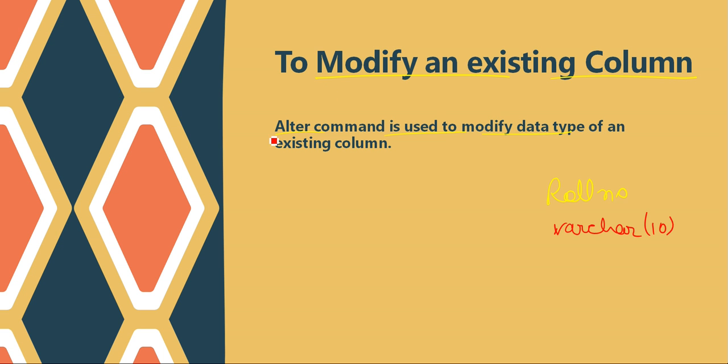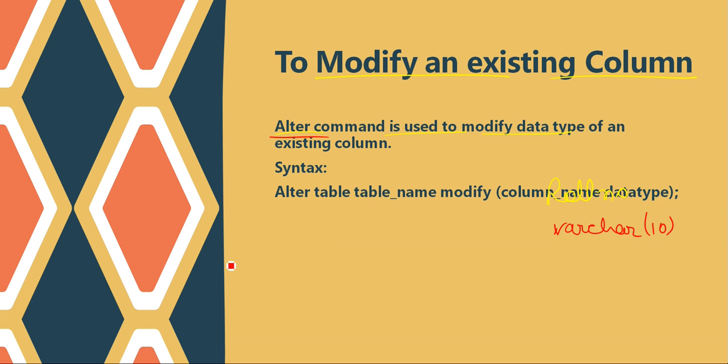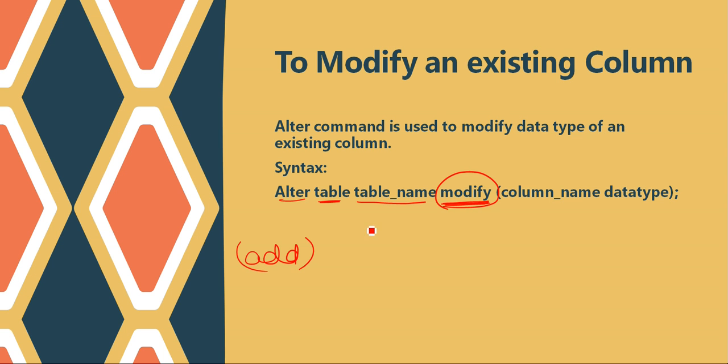We again are going to use this alter command. Let's now see the syntax of how we can do that. Alter the table, and you need to specify the table name. And this time you need to specify the keyword modify, because until now we have just added, so we have used the add keyword, but now we do not want to add anything, we want to modify the existing one, right? So we need to write modify, and then the name of the column and the data type. So the existing column name should be present here, and if you want to change the data type you can change it from here.